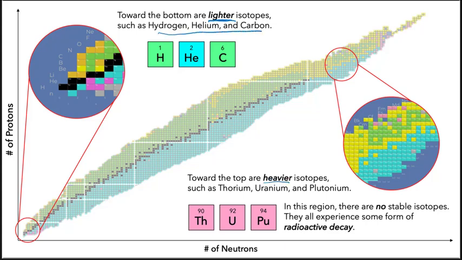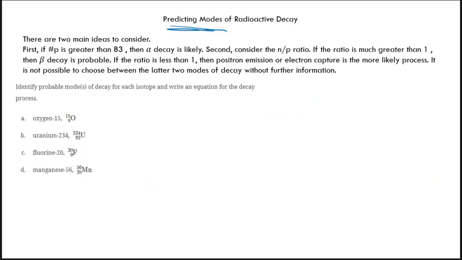And towards the top are the heavier isotopes: thorium, uranium, plutonium. And in that region there are no stable isotopes. They are all experiencing radioactive decay. So when it comes to predicting the modes of radioactive decay, if the proton count is greater than 83, alpha